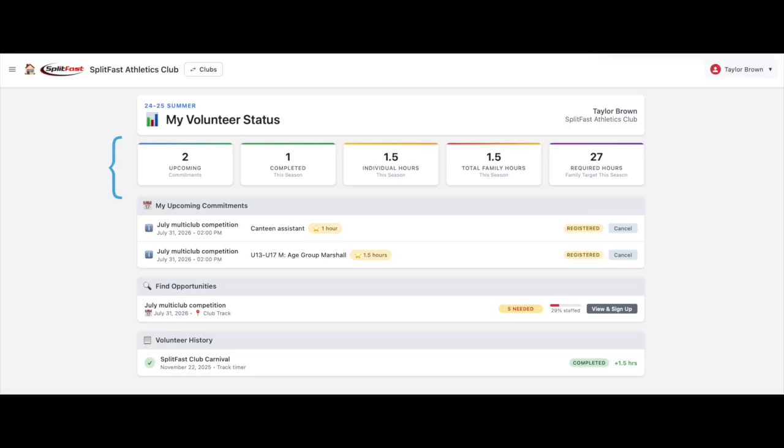My Volunteer Status page. The first cell shows the number of volunteer roles that you have signed up for in the future. The second cell shows the number of volunteer roles that you have completed this season. The third cell shows the number of hours that you as an individual have completed this season. The fourth cell shows the number of hours that you and other members of your family have completed this season. And the fifth cell shows the target number of volunteer hours that the club has requested your family achieve this